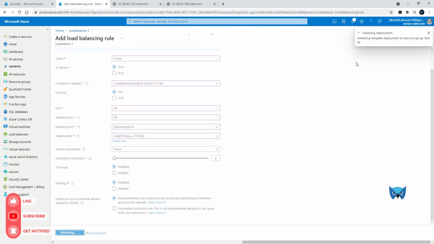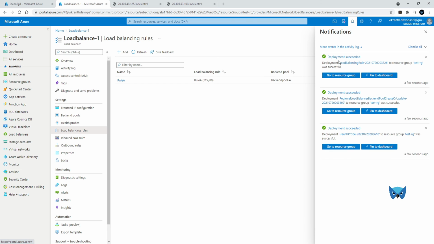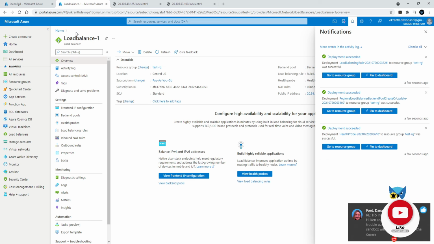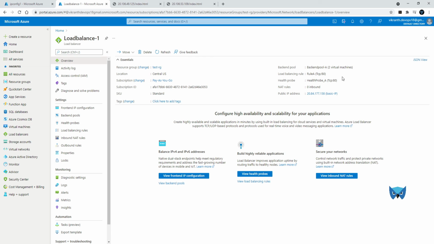So now initialize deployment is started. Submitting also started. See the deployment is in progress. Now deployment is succeeded. Okay. Now go to the load balancer one. Deployment is success now. Now go to the load balancer one and take the load balancer IP address and we'll check